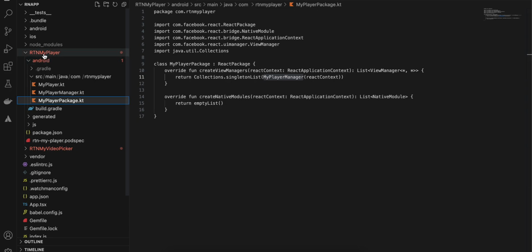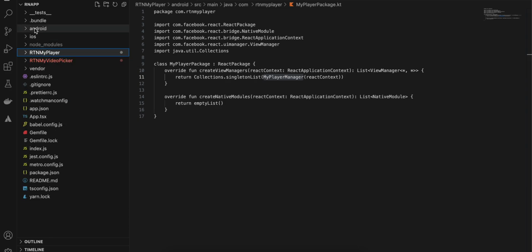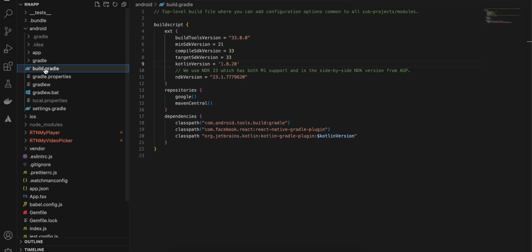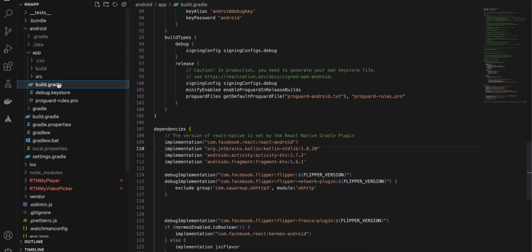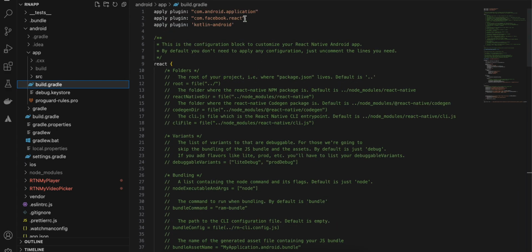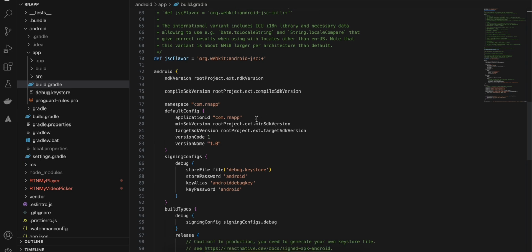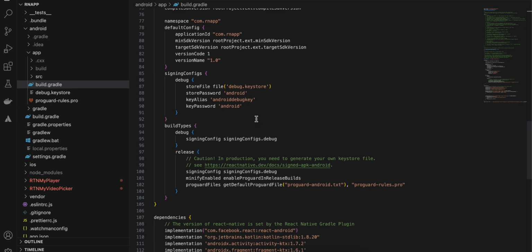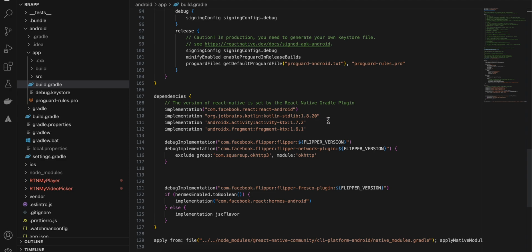Next, what you will have to do is go to the main Android folder, go to build.gradle, and here you will have to define Kotlin version 1.8.20 as well as this classpath for it. Next, go to app, go to build.gradle, and here first of all you will have to apply the plugin Kotlin Android, as well as add this Kotlin standard lib and these two dependencies as well for getting